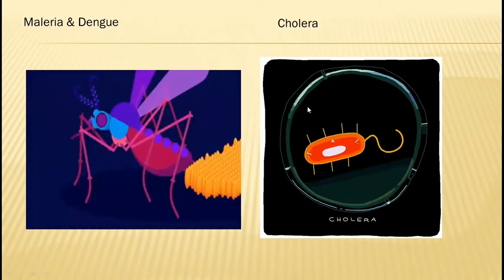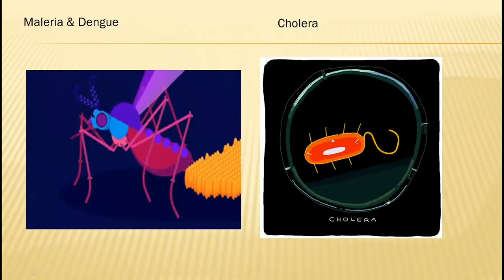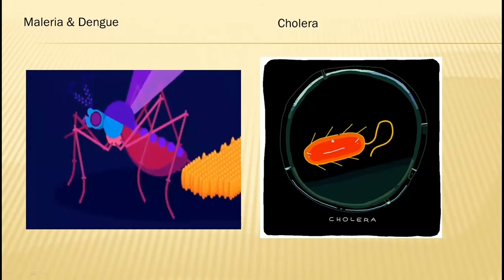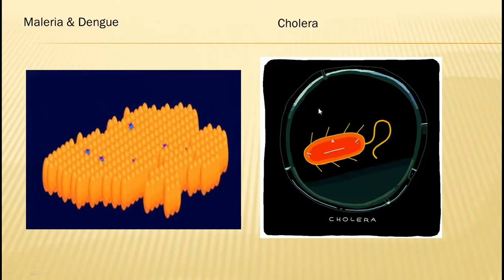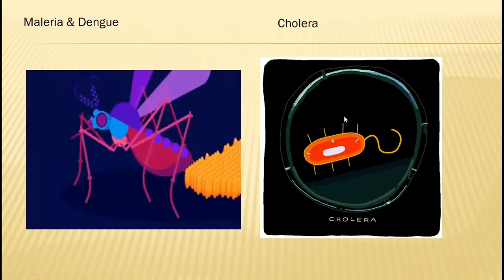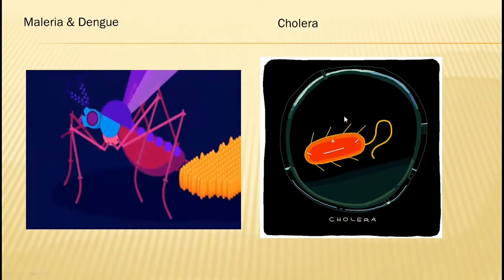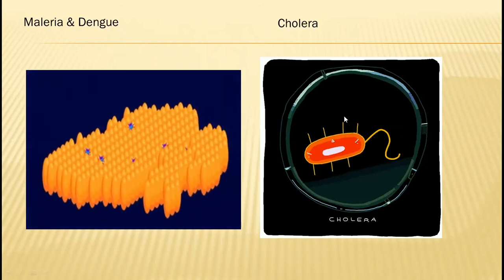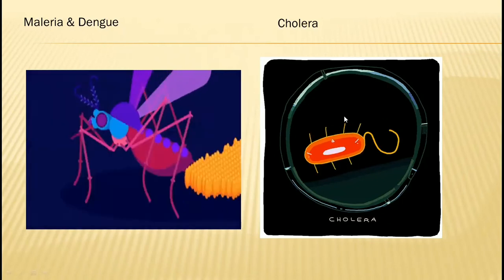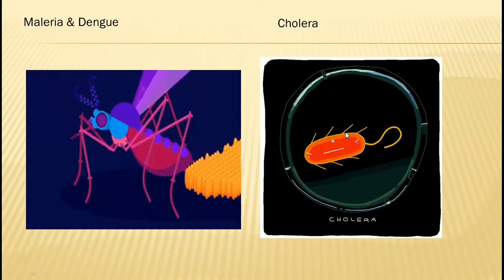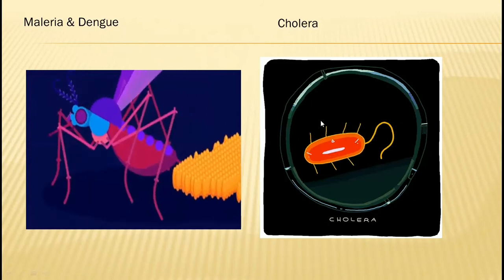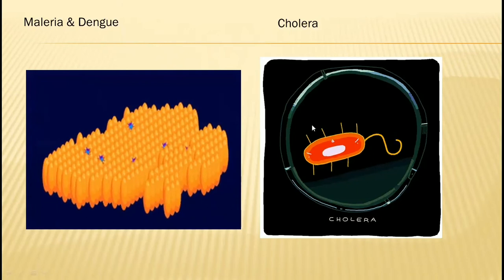Then another here you have to see is cholera, that is again one of the bacteria, spread through contaminated food and water. When you are suffering from cholera, you have eaten contaminated food and water, then you suffer from cholera. Then how to take precautions? For cholera you have to take clean food and water. It is giving proper food and proper water, then you control this disease of cholera.